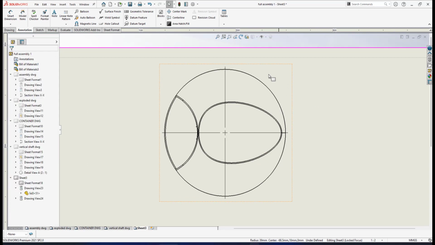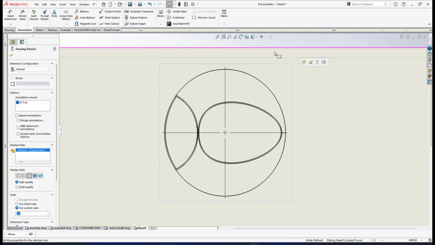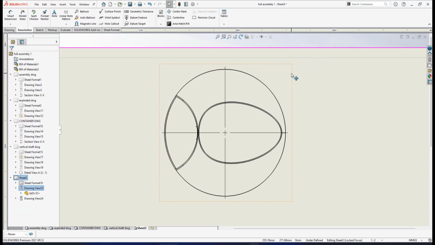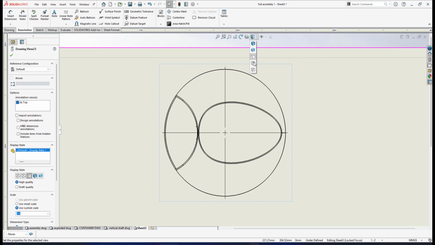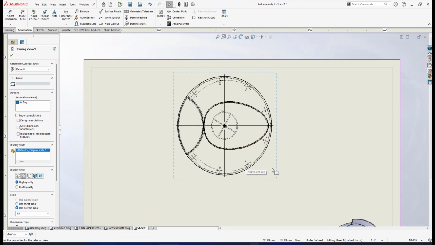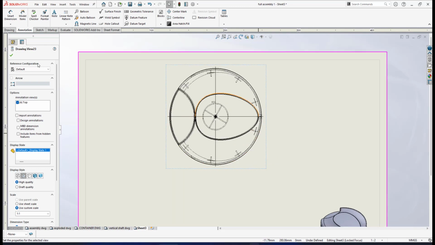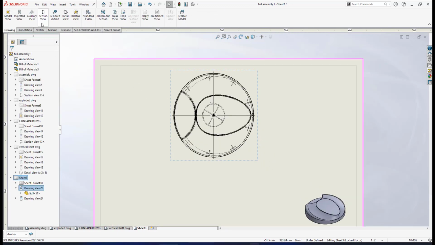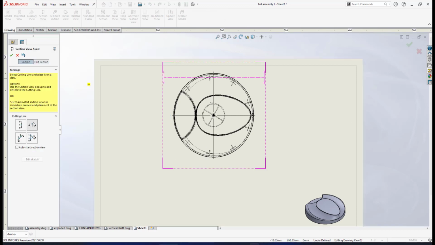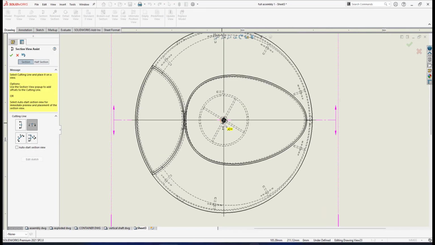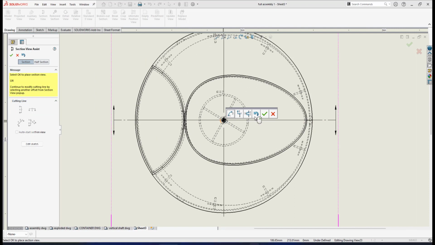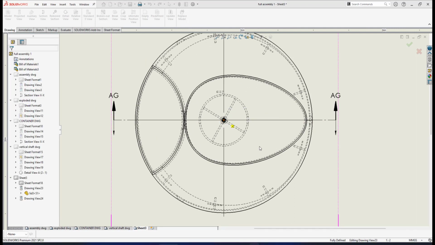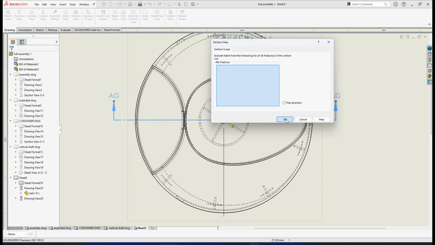Let me go again for this top view. Since this is the top view, I have to show the hidden line. So this will be our top view. My next move is that I will go under drawing, section view, and go for horizontal full section. Make sure that it snaps to the center. I just simply click OK here,